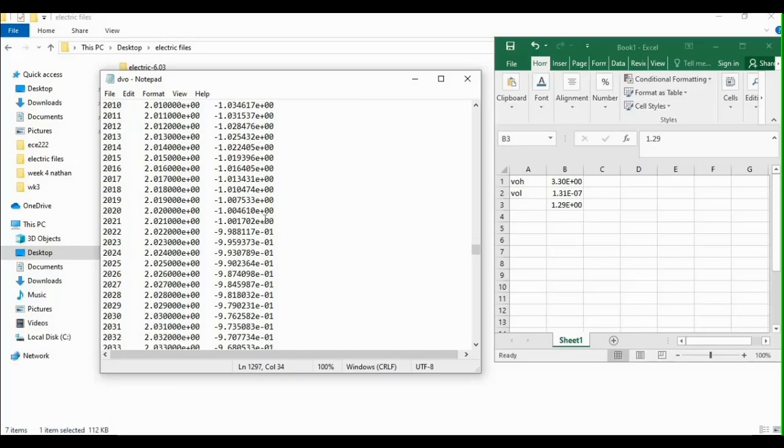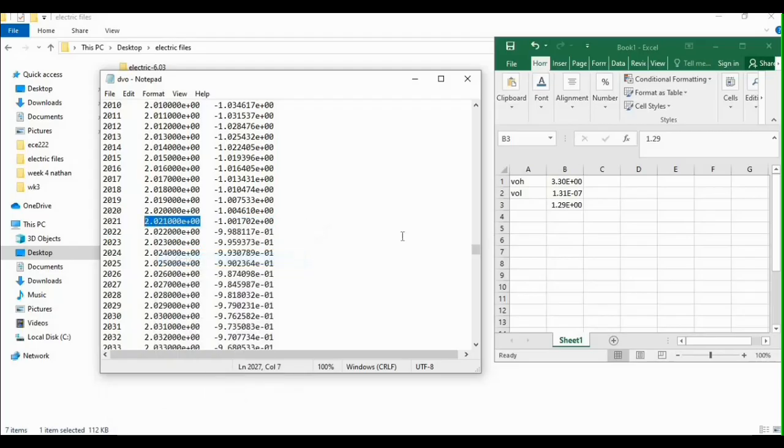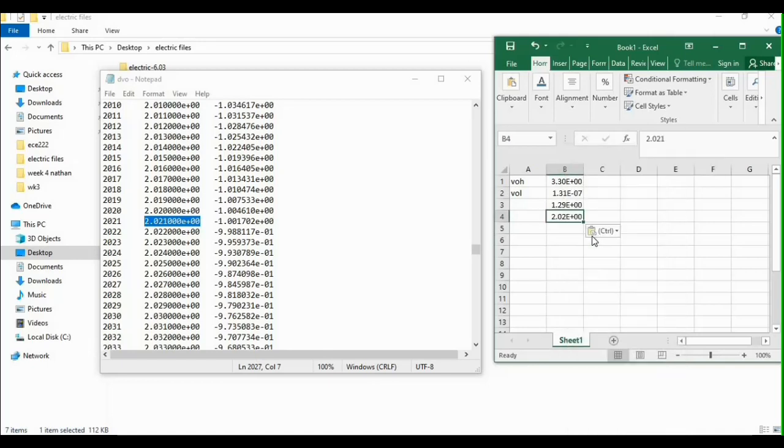So the closest is this value. Again, opposite is 2.021, and this is 0. So those are the values.